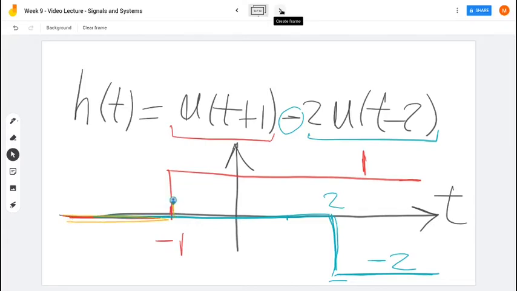1 plus 0 is 1. And over here, starting at instant 2, we have 1 minus 2, which will give us -1. So the resulting function will be this function in orange. So let me go on and plot this one. So the impulse response over here